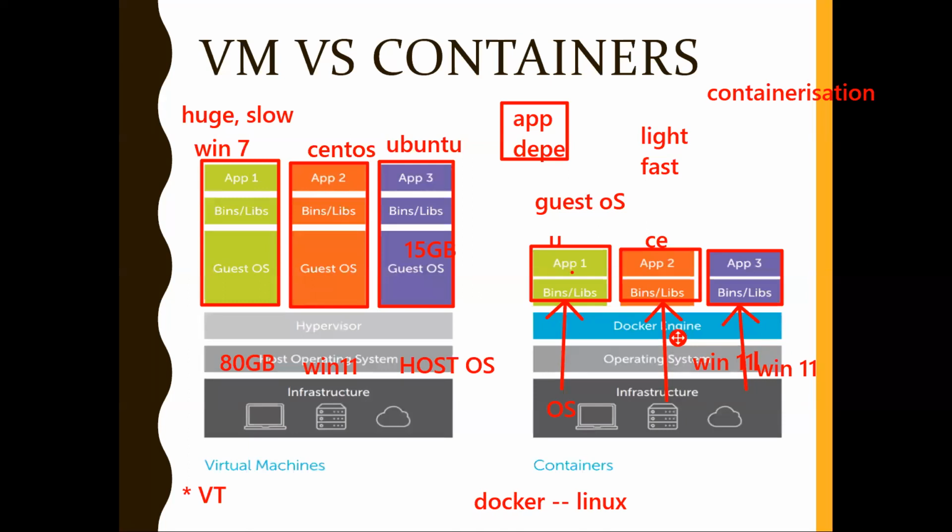Tell me. Some of you are asking a question. Yeah, Preeti, what you mean is, while the application is running in a container, this environment will share a single OS, right? Correct. That's what I'm going to ask. See, let's say my laptop is Windows 11. I have installed Docker here. Can I run an Ubuntu container or CentOS container, or can I run a Windows container, some other version? Which of them are possible? All of them are possible.